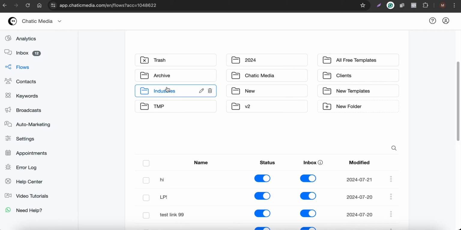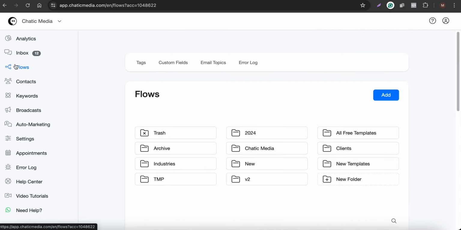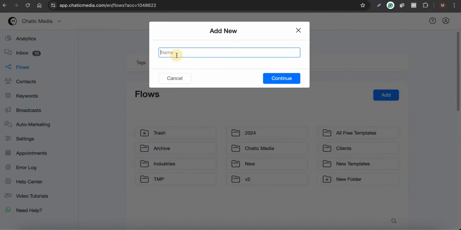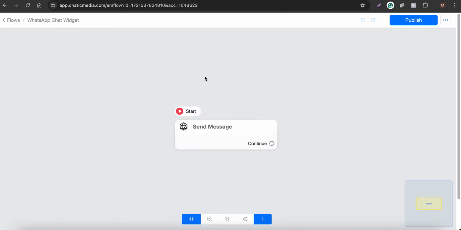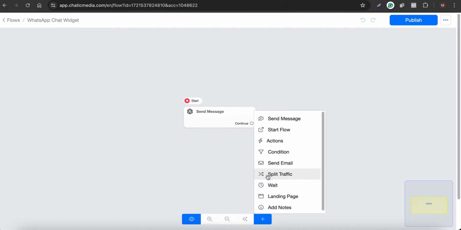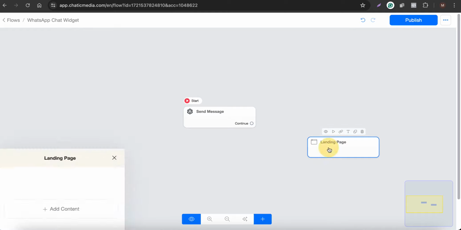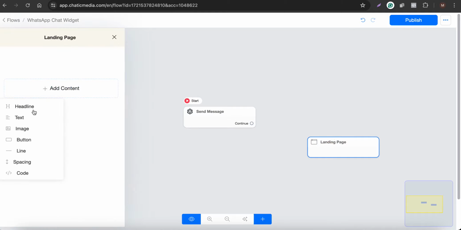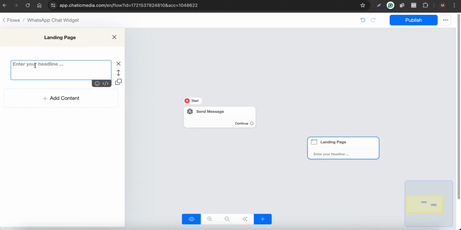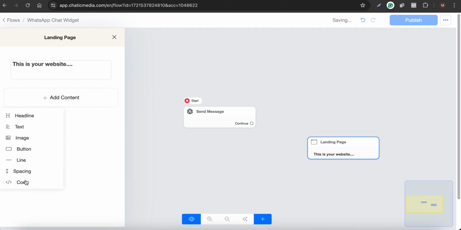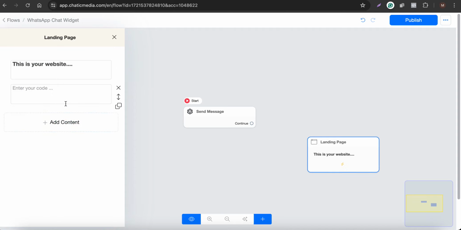For that, let's create a sample landing page. Here I'm in the flows, so let me name this one WhatsApp chat widget and click continue. Here I'm going to add a landing page element. Let me add a headline, and let me add the headline as: this is your website. And here you have to add a code for the WhatsApp chat widget to